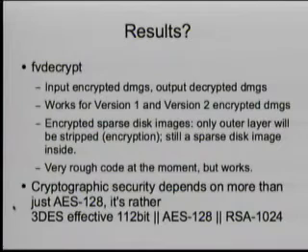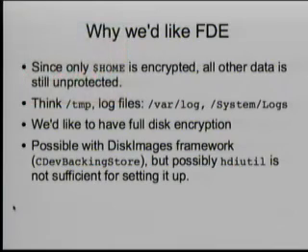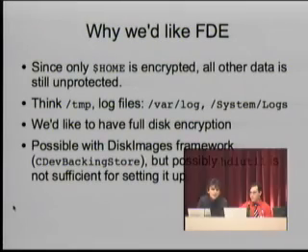What we also showed is that the cryptography of FileVault does not only depend on AES-128, I'll reiterate that to make the point, but it also depends on triple DES, which effectively has only an effective key length of 112 bits, and on the security of RSA-124. So if either of these three fails, you're screwed. The other thing that's bugging us about FileVault is that we'd actually like to have full disk encryption, not just the home directory, because there are a lot of applications that